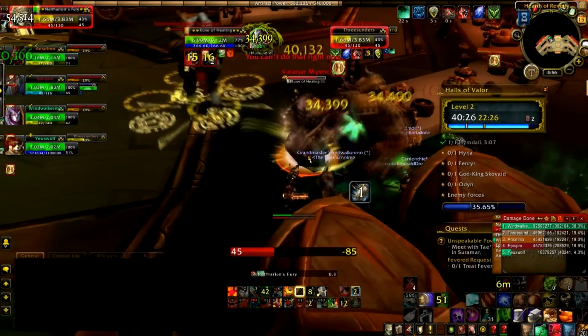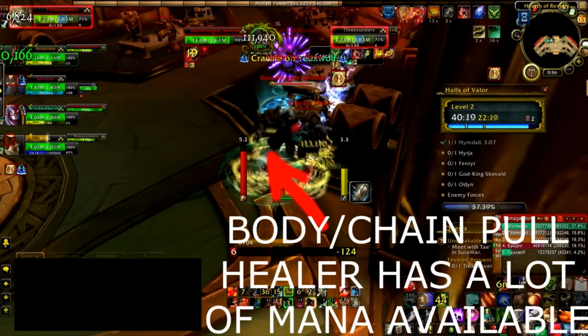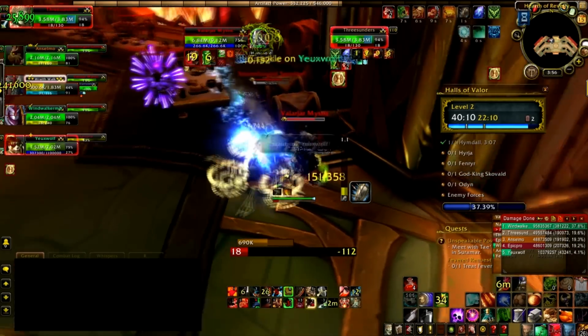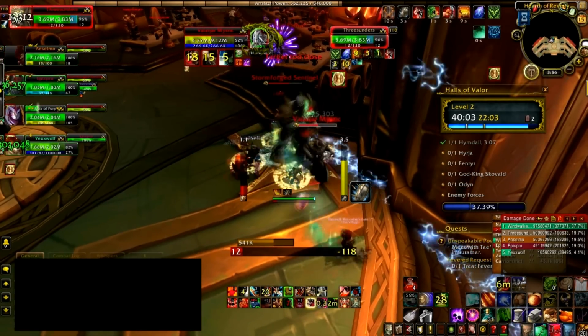You also have to remember as a tank not to overpull. Sure, you want to chain pull, you want to stay in combat at all times, but you don't want to pull 3, 4, or 5 packs and then go down to that. Every death is detrimental here because it subtracts 5 seconds from your timer, and also the run back time to